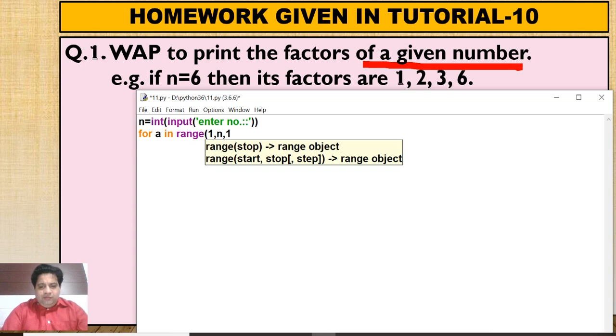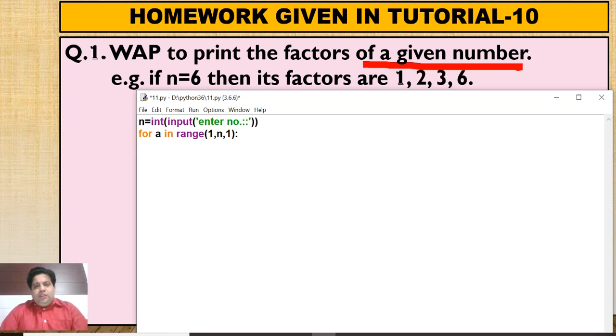Now if I write n, will it be okay or is it incorrect? It is logically incorrect. Why? Because I have told you that the upper limit you give in the for loop is not included during execution. So you have to give n plus 1 so that n is also included. Clear? So for a in range 1 comma n plus 1.